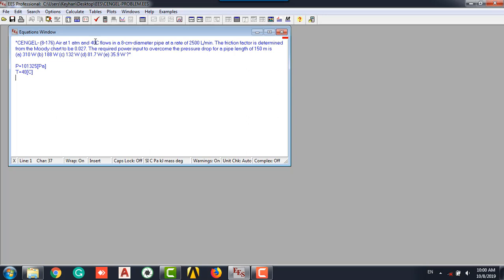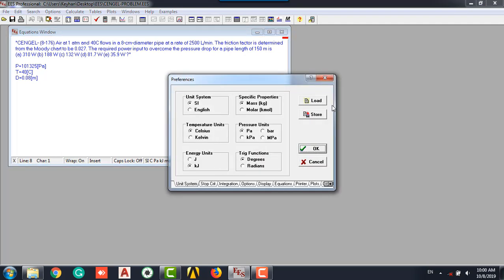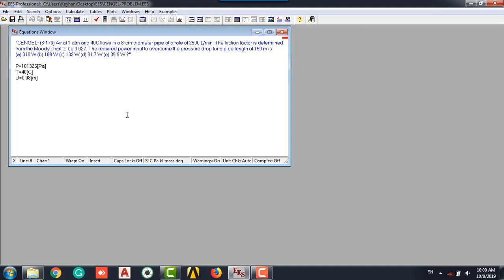Another factor is 8. We need to write D is equal to 0.08 meter, and in the SI units we have meter, degrees Celsius, and Pascal. V dot is equal to 2,500 liter per minute, but this unit